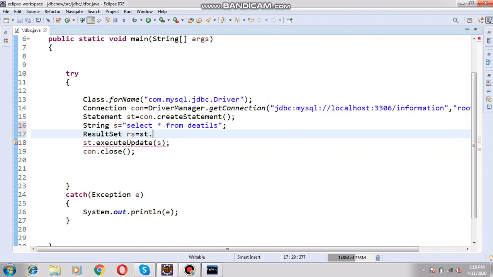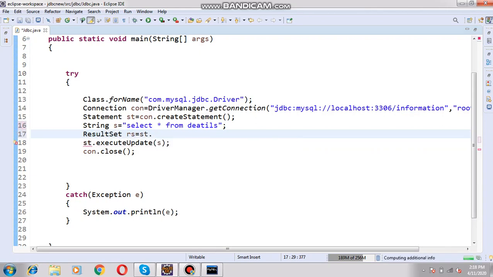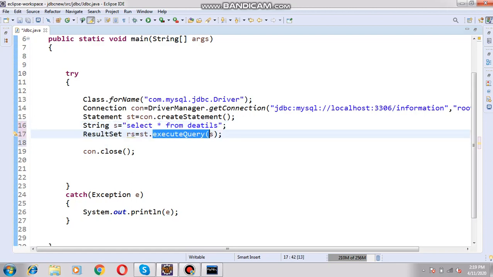Next statement dot execute query. Why do I have to use execute query? If I execute the query, it will display my output. Whenever we are using select, that is called the execution of that query.